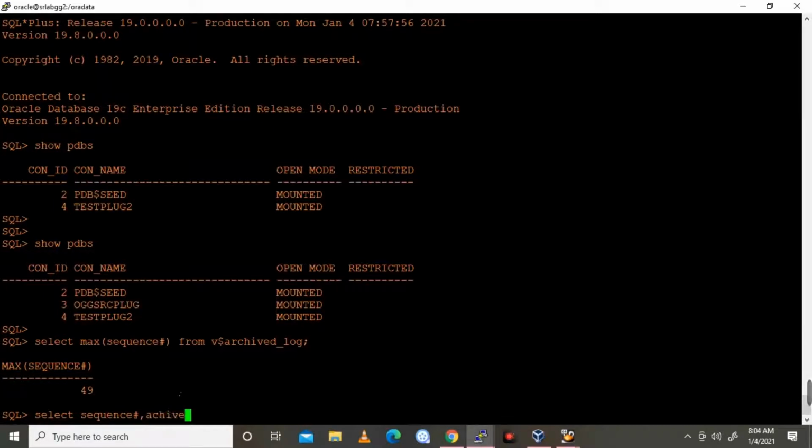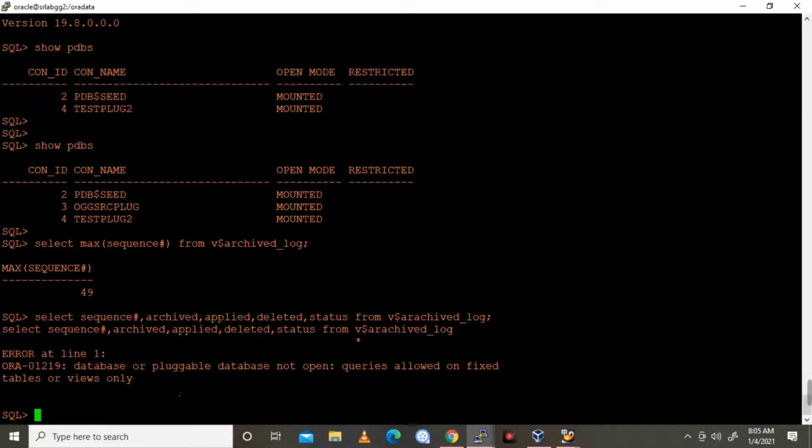I am validating which logs have been archived, how many logs are applied, and what the archive log status is. I am validating through this query.